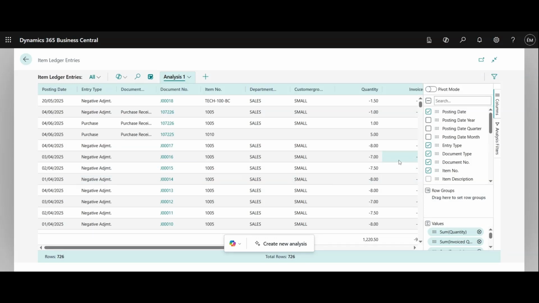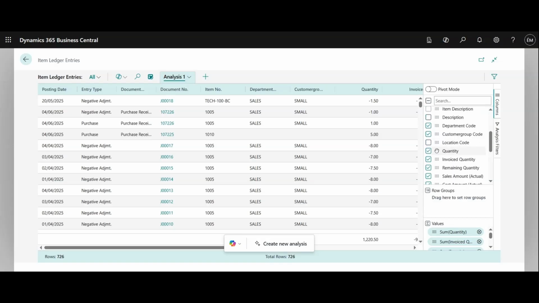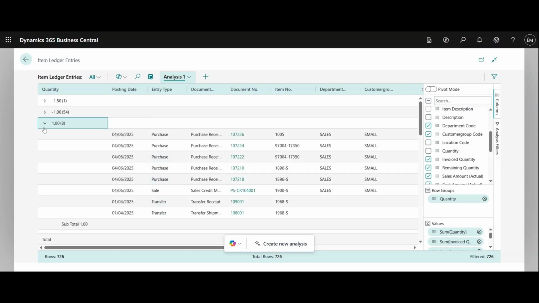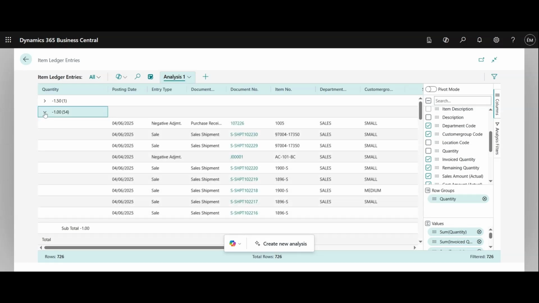Another great function of the analysis mode in Business Central is how you can drag different items here into the row groups to have a better understanding and a better view of that specific data that you want to analyze. So for instance, let's say you want to have the quantity, you can drag it down and you can see it will give you the quantity here. And again, you can click on the small arrow to have even more detail about your transaction